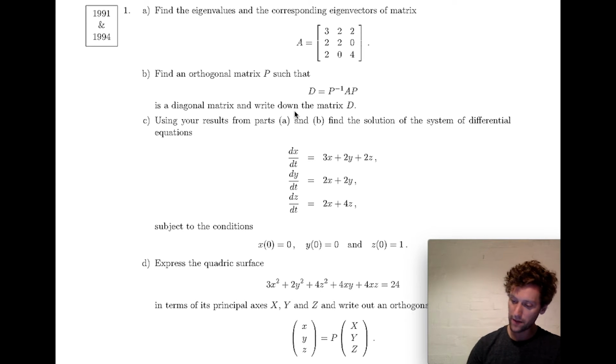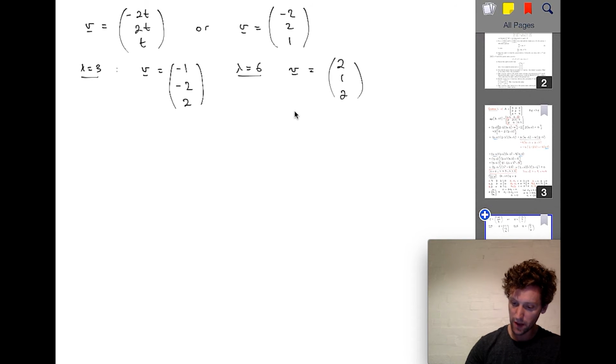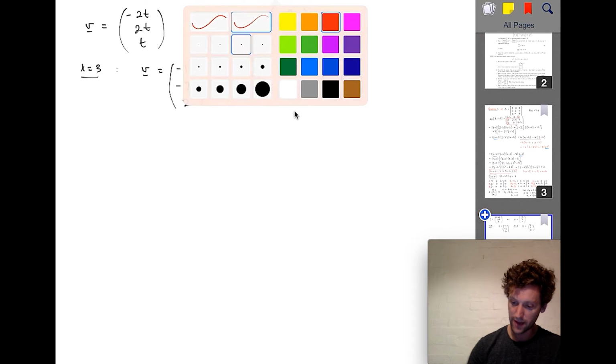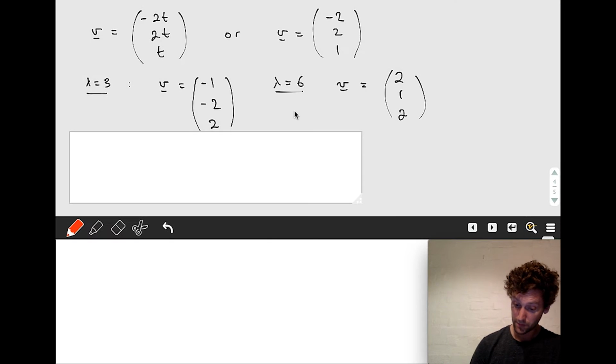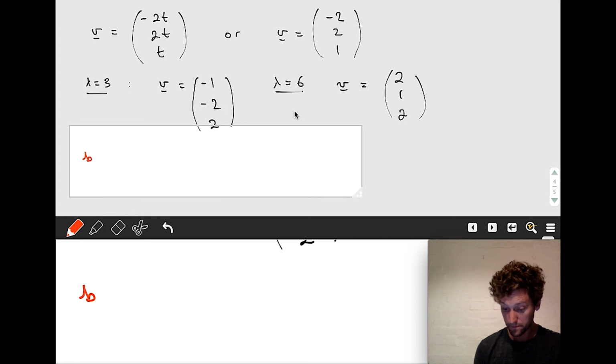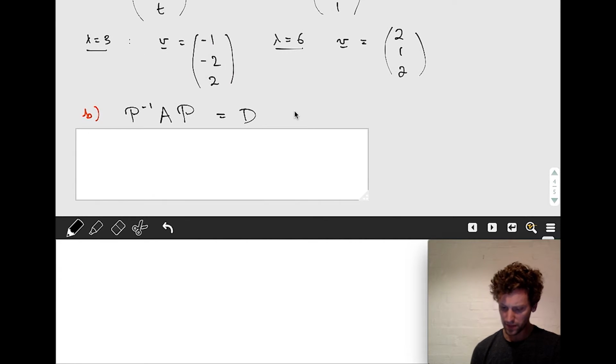And we remember that the way we do that is by forming the matrix of eigenvectors. So this is part B. We're looking for the matrix P inverse A P. What is the matrix P that diagonalizes A? And what is the matrix D? Well, the thing to remember here is that if I choose my matrix P to be the matrix of eigenvectors,